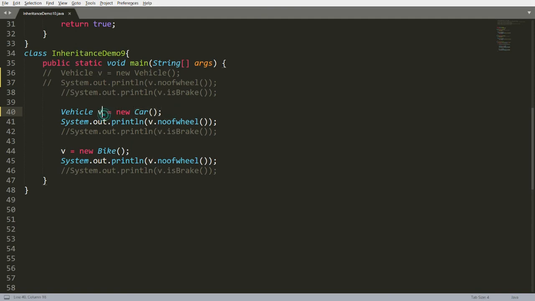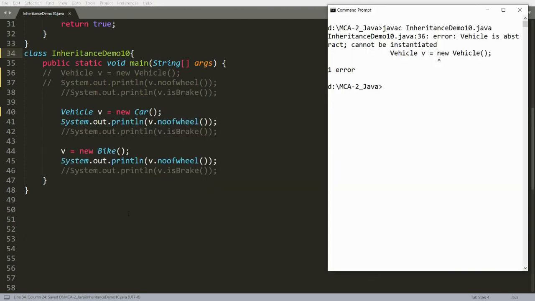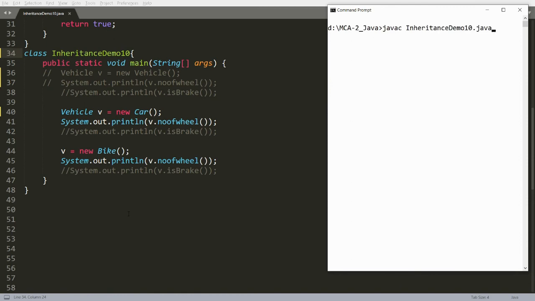You can say this v is the reference pointing to the Car class. So whenever v is pointing to the Car class, you can access the number of wheels of the car. Let me make it here, that is InheritanceDemo10 in a class. Let me save this and compile this code, and it will compile successfully. You can run your code, that is java InheritanceDemo10.